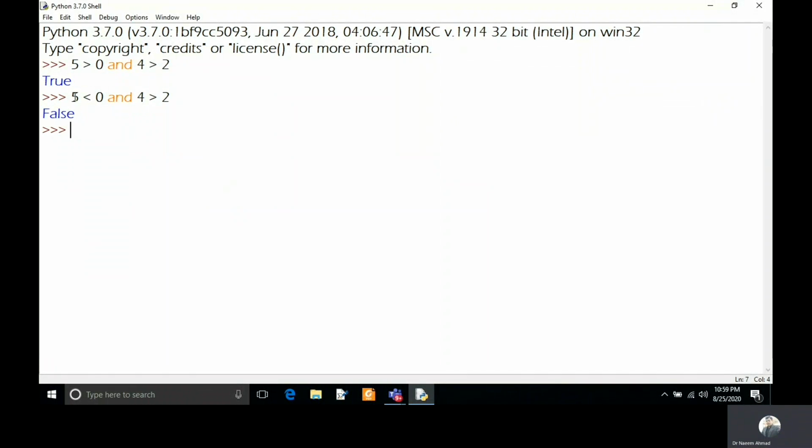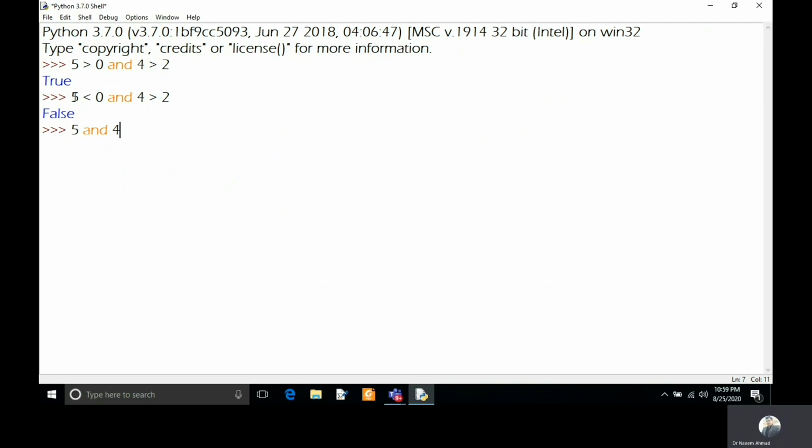And as we know, for all numerical values except 0, Python treats them as true. So if I write here 5 and 4, it means 5 is true and 4 is true. But in this case, because both are numerical values, the AND operator will not return true or false.